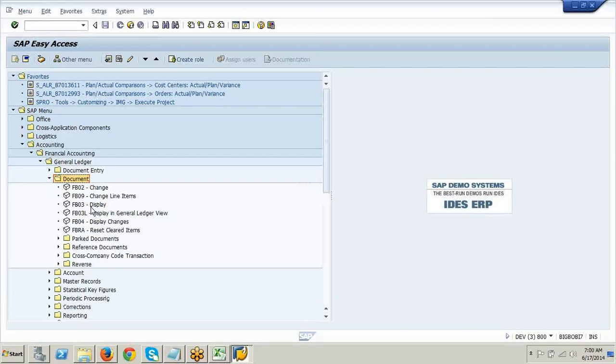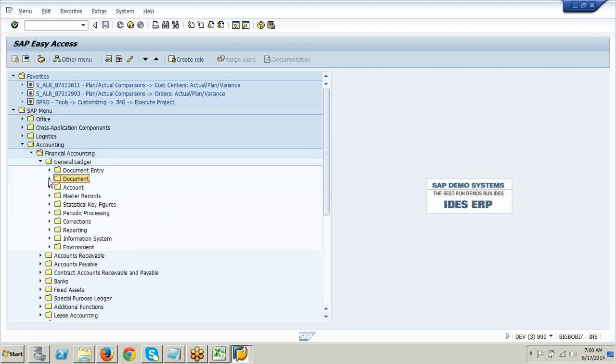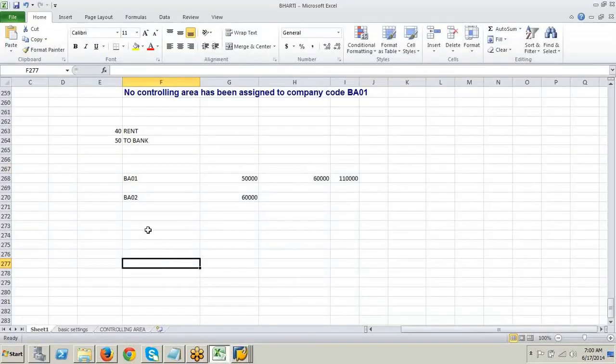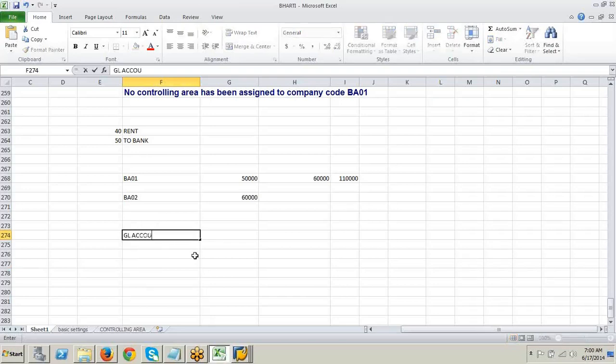This is FB03. Now, as Manoj was talking about, I want to see business area wise, right? But before that, let us see account wise balance. GL account wise, like the 4 series, rent, right? I want to see the balance of this 4 series.